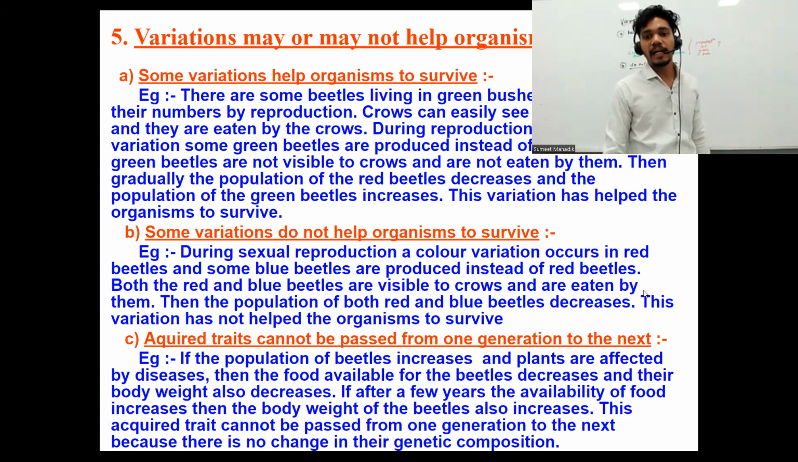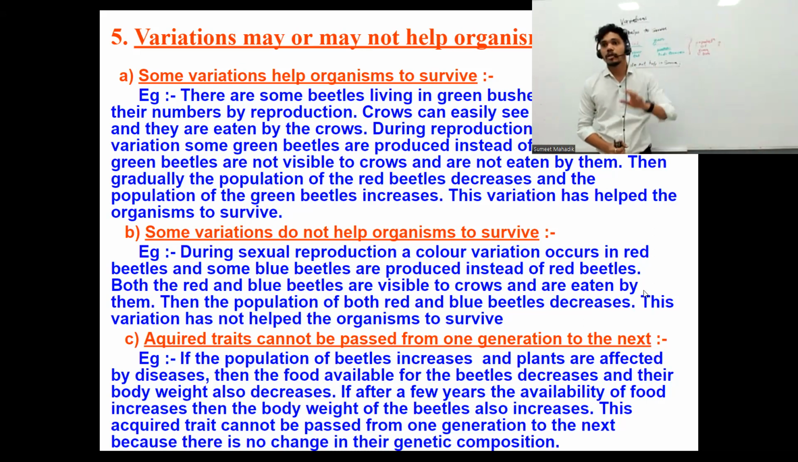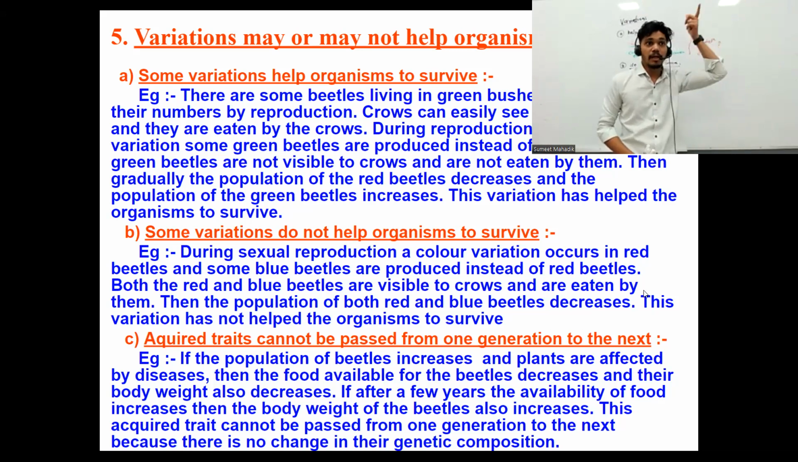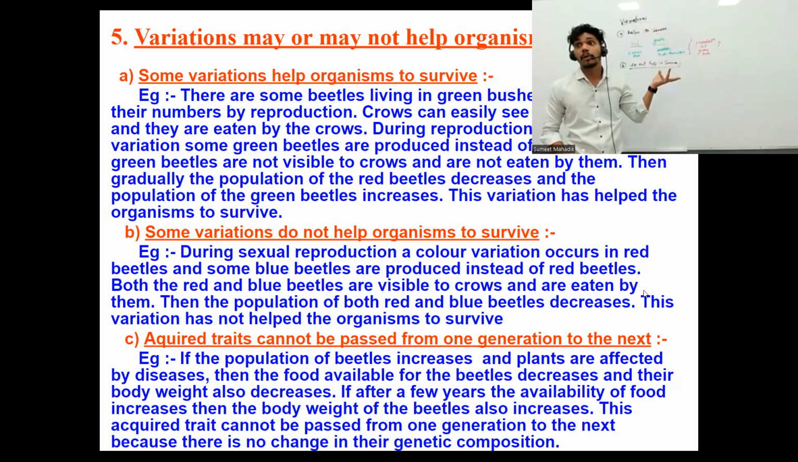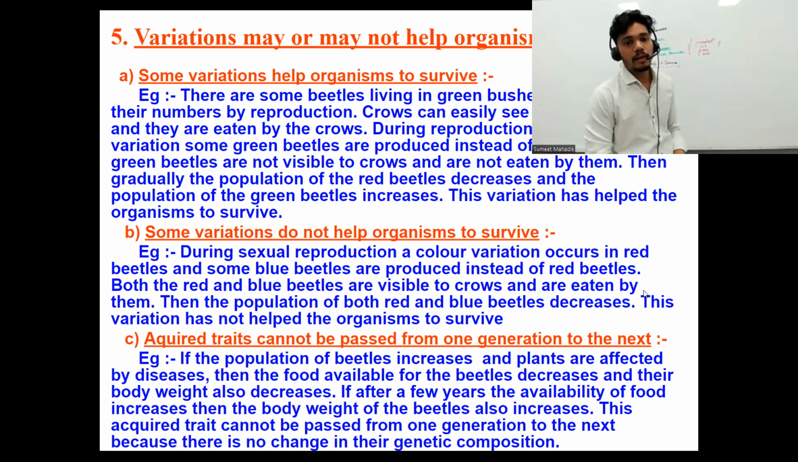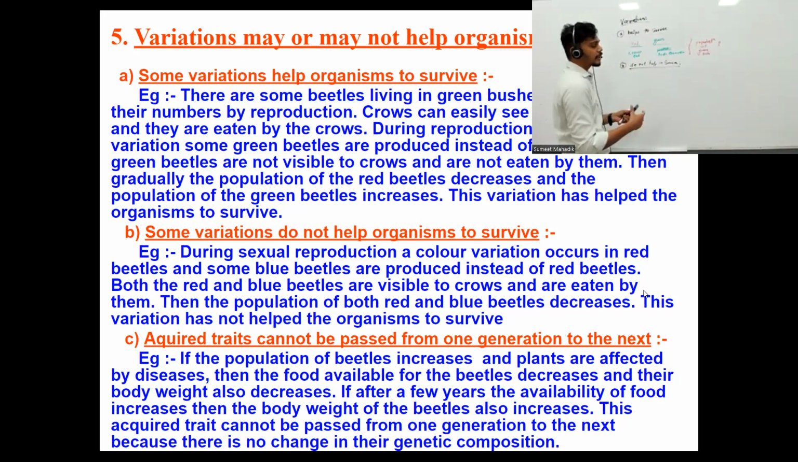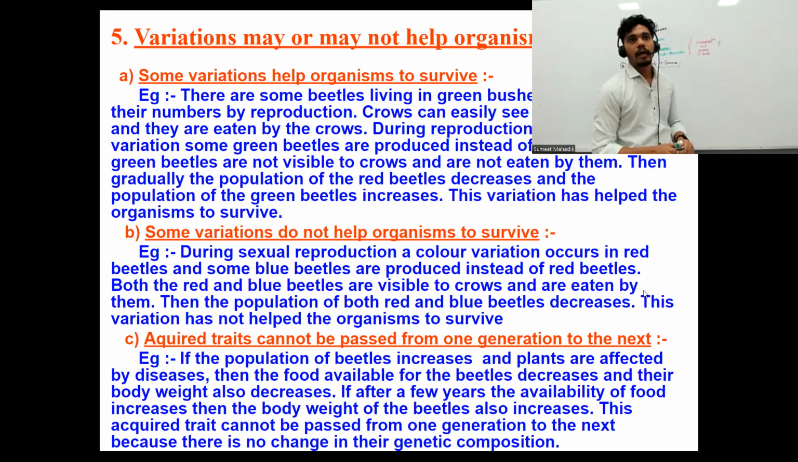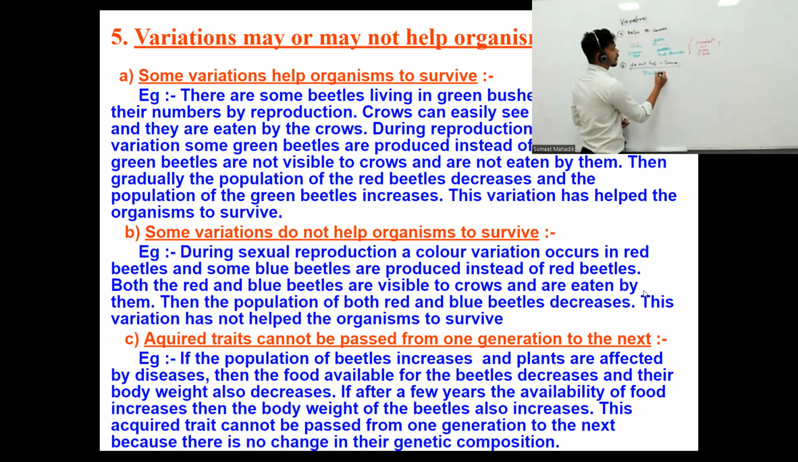So the crows eat them, and then the population of both red and blue beetles decreases. This variation has not helped the organism to survive. So here only one organism can survive, that is green. But it is problematic because at the end we have seen some recessive characters also getting expressed at that time. Okay, so variations that do not help in survival, what can we talk about? The blue and red beetle example. The same example can be given here, right? And now the third,